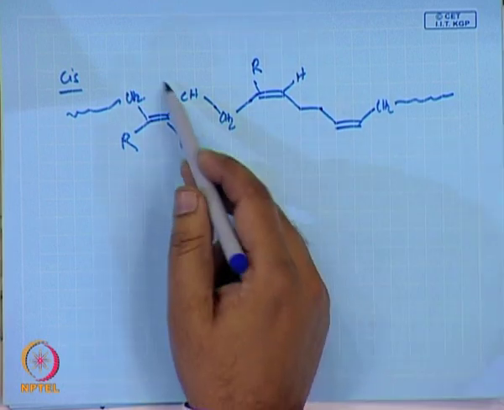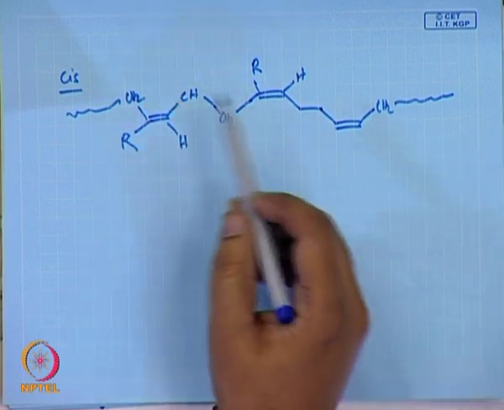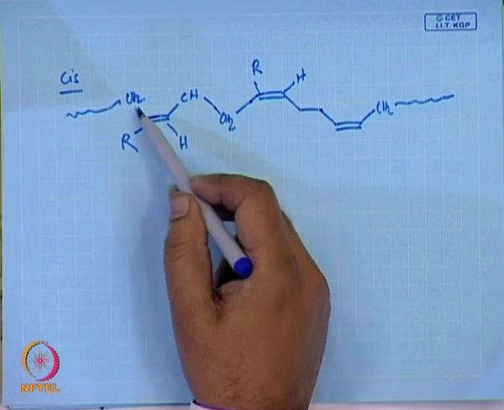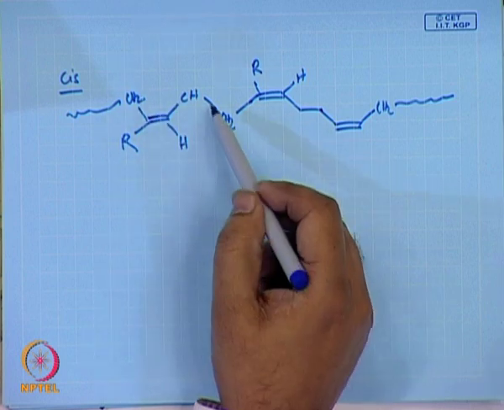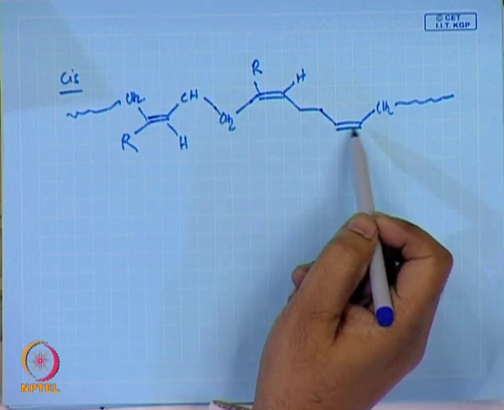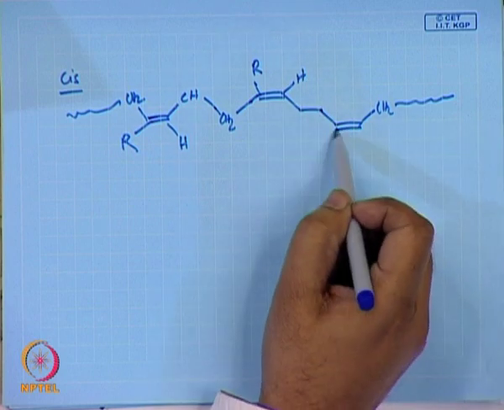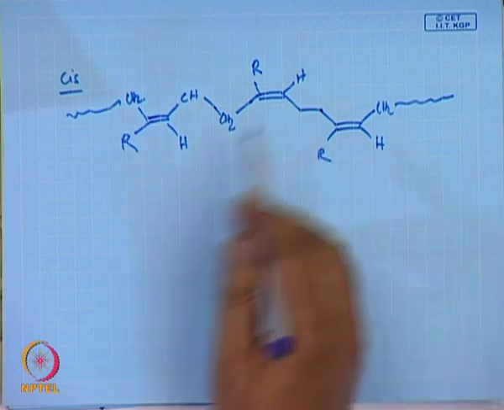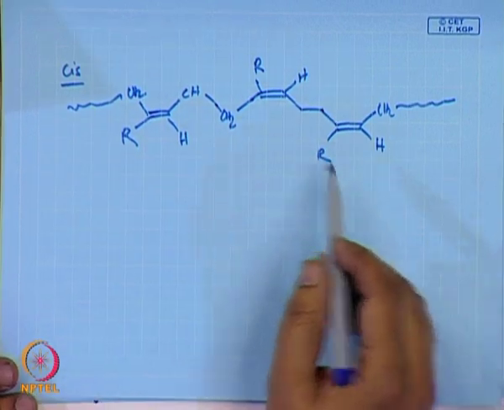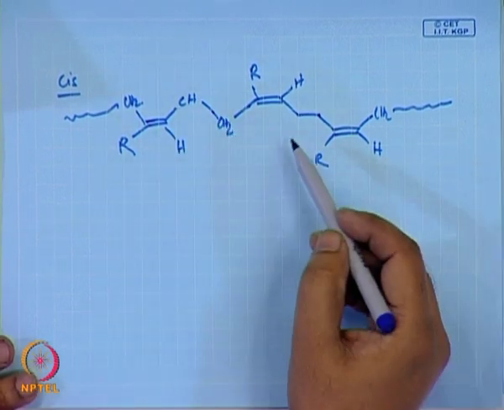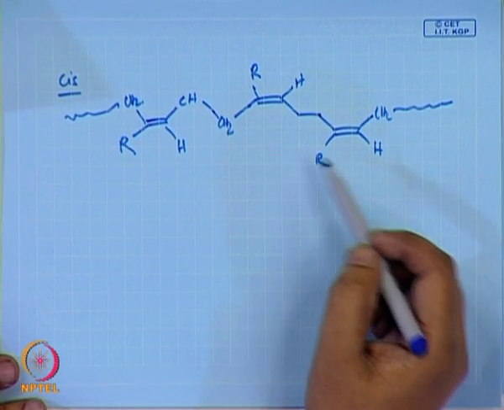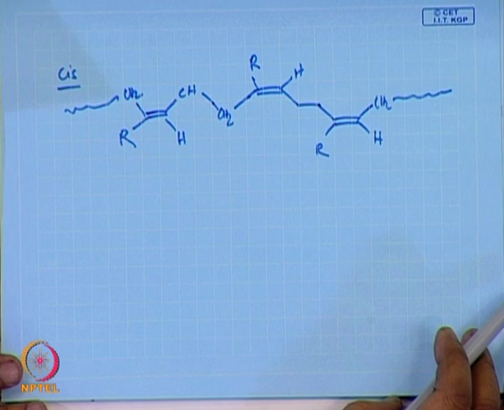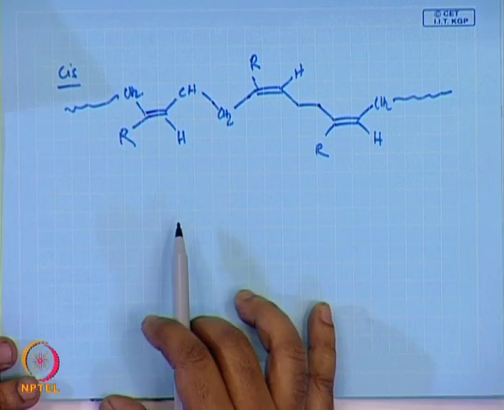In every case, if you look at the structure, you can see that for every repeat unit you have a cis arrangement. Here there is a cis arrangement, here there is a cis arrangement, and for this double bond also you have a cis arrangement. Now, if you look at these molecules, this is not very regular. As they are not very regular, they cannot pack well in a crystal lattice,